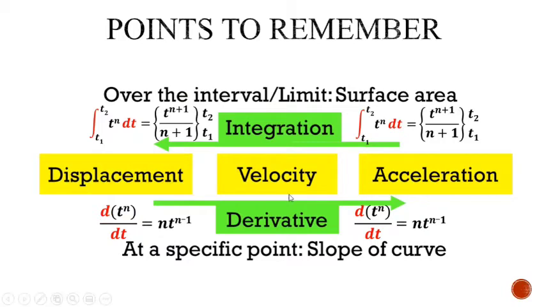Here you can find out all the points we have studied up till now. If the displacement is given, then to find out velocity and acceleration you need to take the derivative. If displacement is given, first derivative will give the velocity and second derivative will give the acceleration. Derivative is always taken at a point and it is nothing but the slope of the curve. If suppose acceleration is given, then we need to take the integration of the equation, you will get the velocity. If you take integration again, then you will get the displacement. So it depends on what is given in your statement and what quantity you are going to find out.